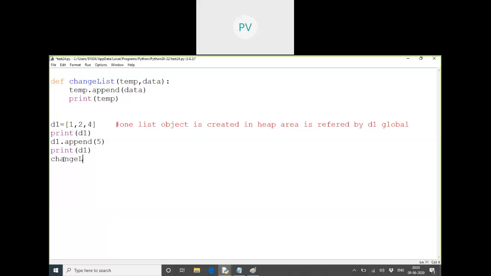Change the list. Which list? With d1, comma 6. I just call this function and I pass what? I pass which list? D1 and 6.